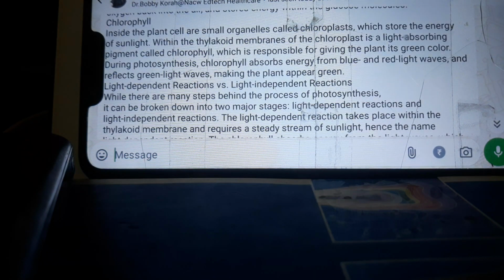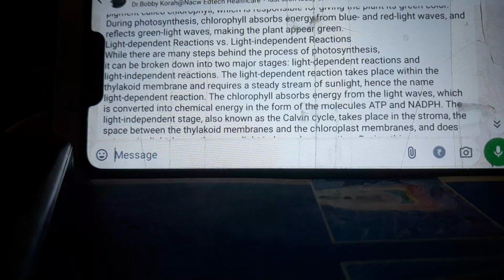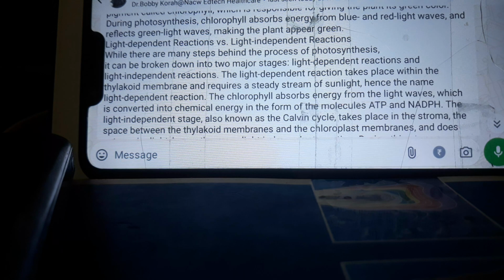Inside the plant cells are small organelles called chloroplasts, which store the energy of sunlight. And within the thylakoid membranes of the chloroplast, I'll give you a diagram once I'm done with this. Right? And in the chloroplast is a light-absorbing pigment called chlorophyll, which is responsible for giving plants their green color. During photosynthesis, chlorophyll absorbs energy from blue and red light waves and reflects green light waves, making a plant